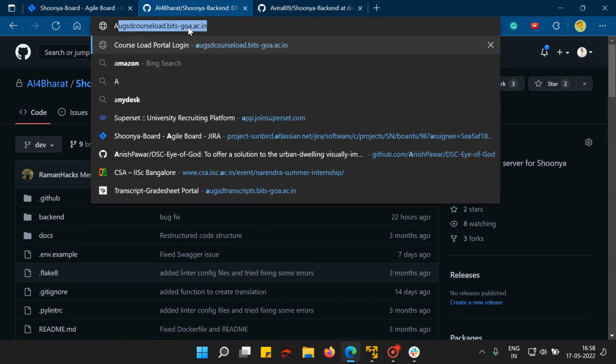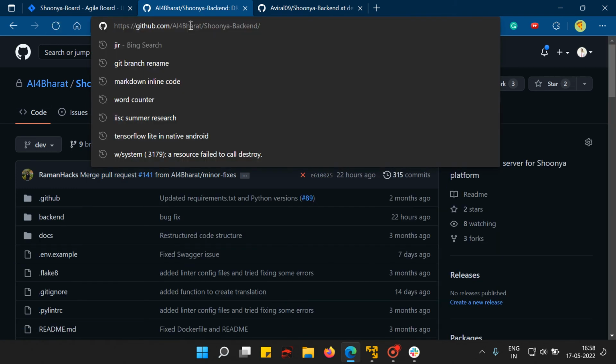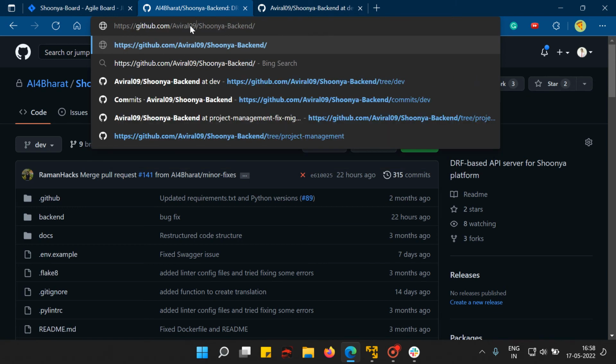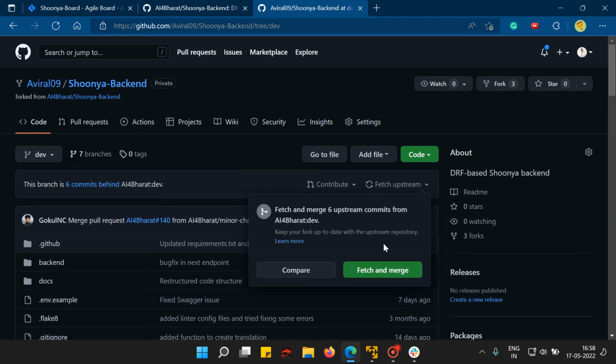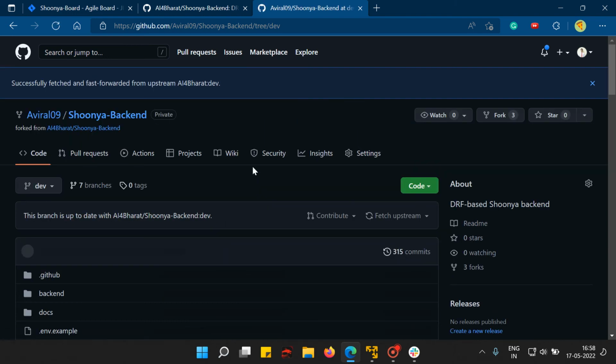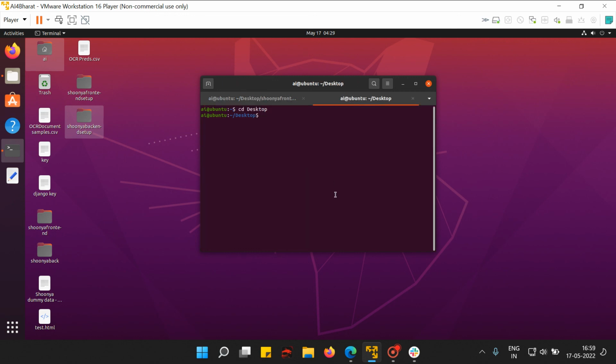How you can do that is, as you can see, on my fork it's showing my branch is 6 commits behind. So I'll just go to fetch upstream, fetch and merge here. And if it's up to date, do a sudo docker compose up. Similarly for backend,